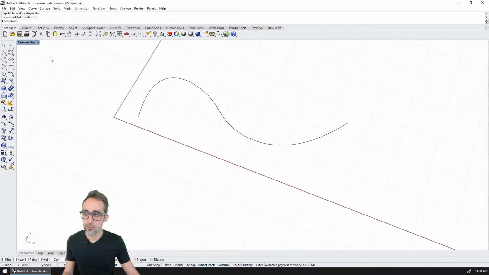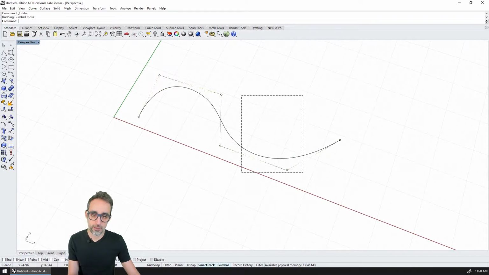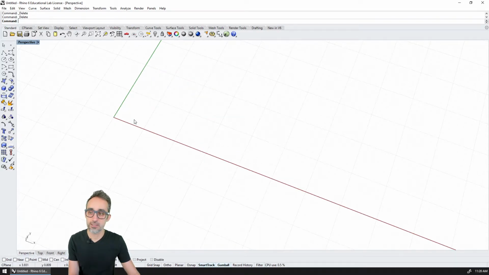Well, when you create the curve, when you click on creating the curve, you can see that before you start, it gives you the option to choose the degree here. And by default, it's degree 3. So let me see if I can create two curves that have the same degree.